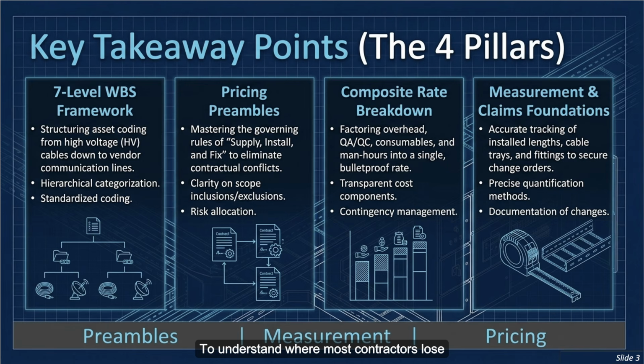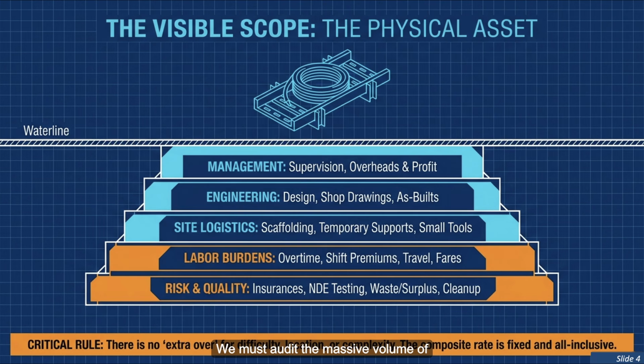To understand where most contractors lose their profit, we have to look past the physical assets sitting above the waterline. We must audit the massive volume of invisible costs stacked underneath it. Under standard contract forms like the FIDIC Red Book, your unit rates must be fixed, all-inclusive composite figures. That means your price has to absorb corporate supervision, shop drawings, non-destructive testing, and consumables. Now, these invisible costs, well, that's almost always exactly where the margin disappears. We've got to properly structure our pricing to account for literally everything sitting beneath that surface, right? We need to make sure every single drop of effort and material is captured long before the physical work even